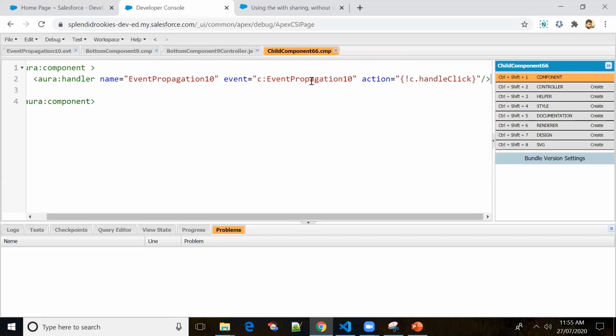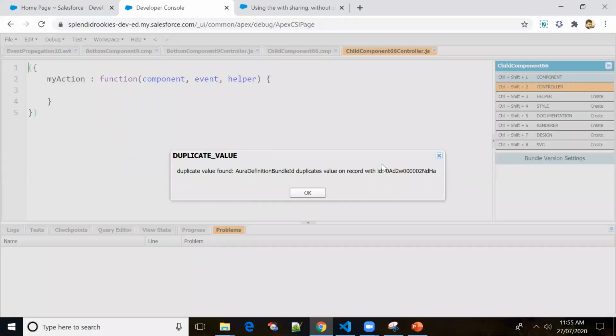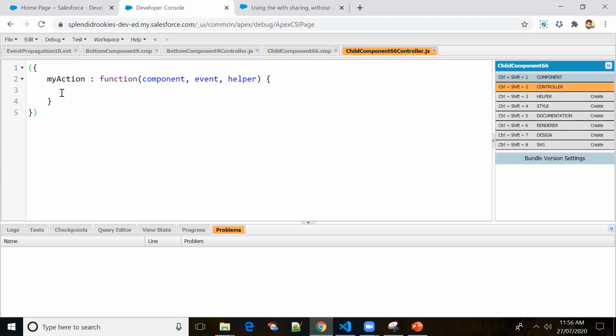Okay, so now here I'll just put some alert statement. Let me click on this handle click. Okay, so console, oh, sorry, let me put alert. Yes, I am in child component one. Okay, so now let me save it.